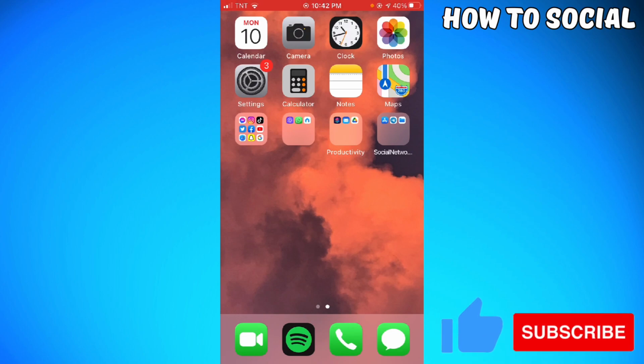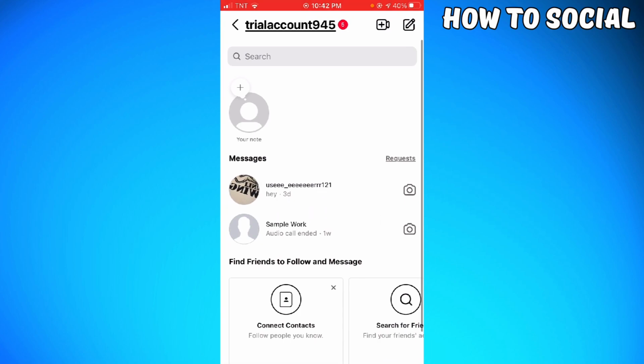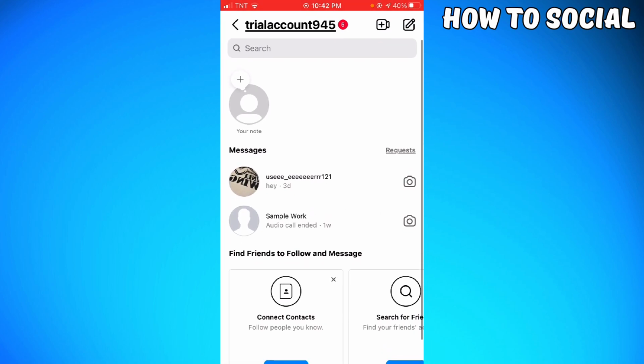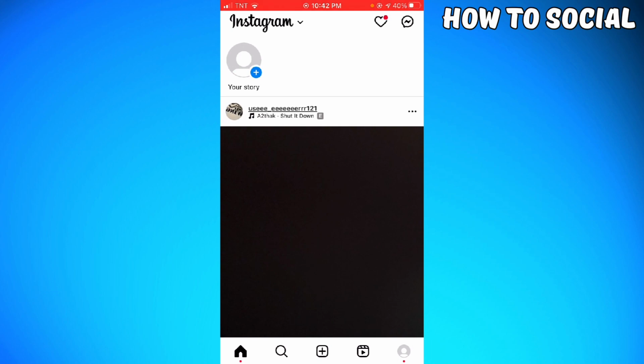So let's get started. First of all, you want to open your Instagram app. And when you check in here, as you can see, there's no active status at the upper part of my screen. To activate that, you want to click on your profile picture at the lower right corner of